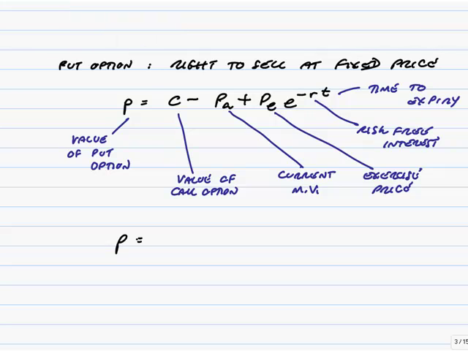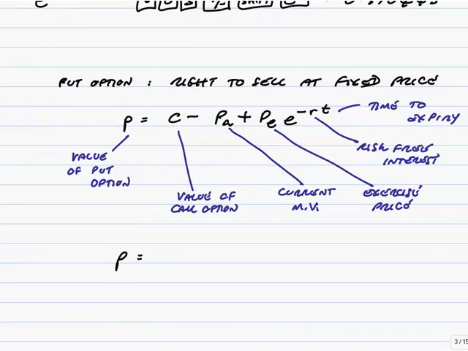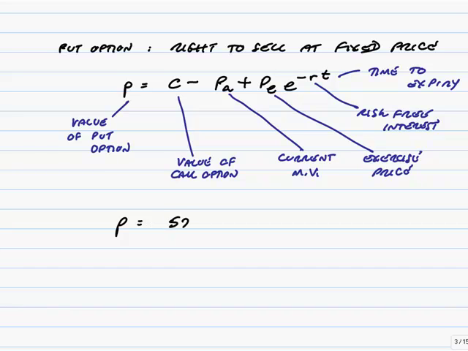We're after the value of the put option P. The value of the call option we just worked out, 52 cents, minus the current share price, 290 cents, plus the exercise price, 260, times e to the minus. Well, again, remember, the risk-free interest is 0.06. Time to expiry is 0.5, so R times T is 0.03,